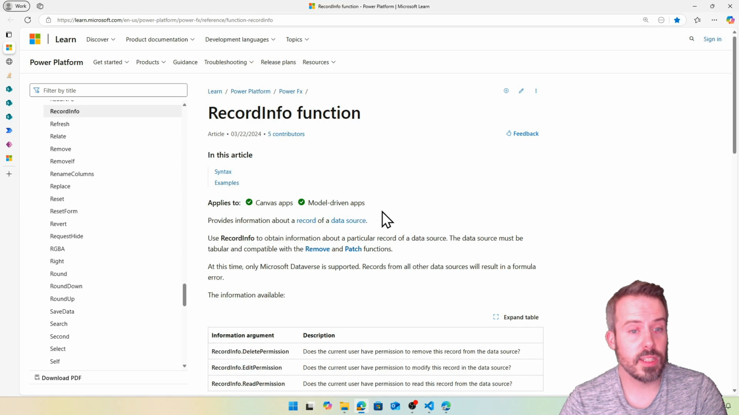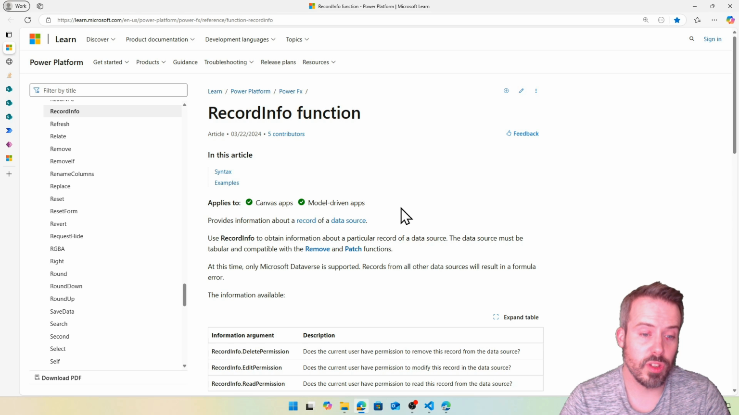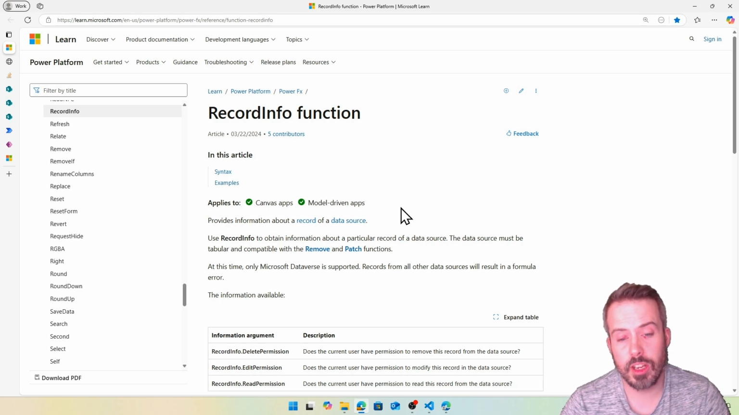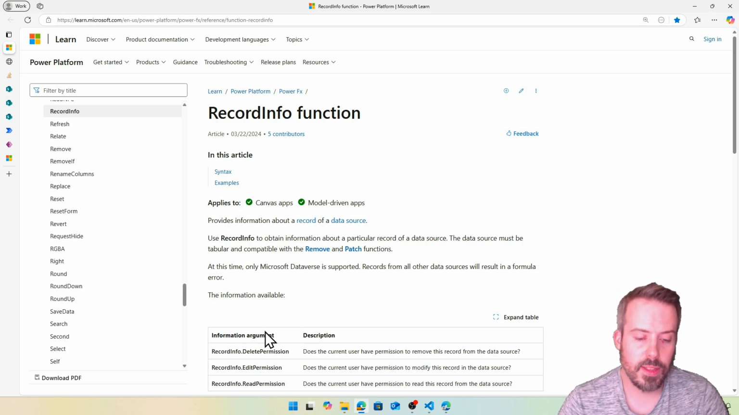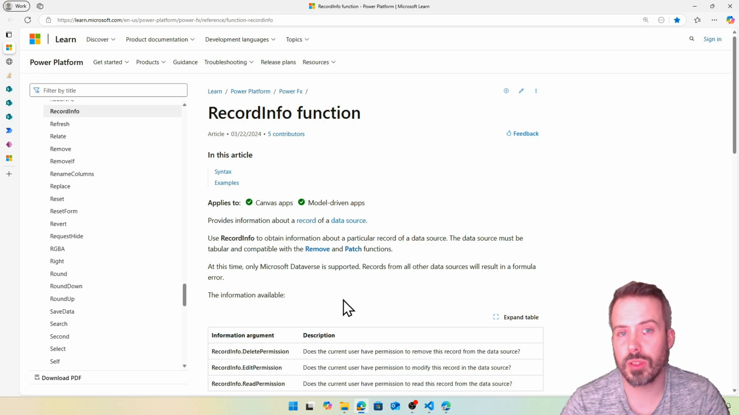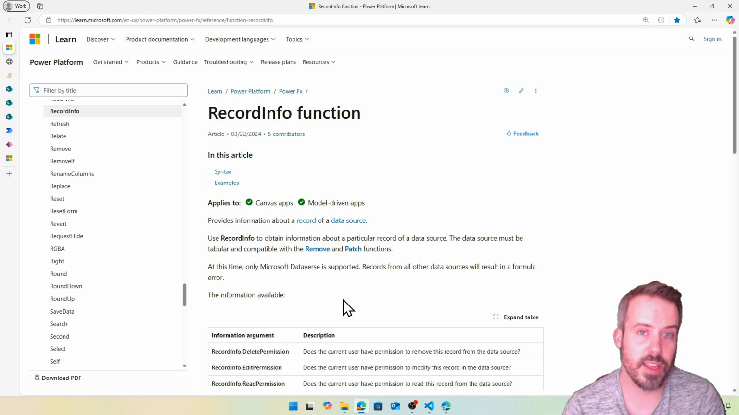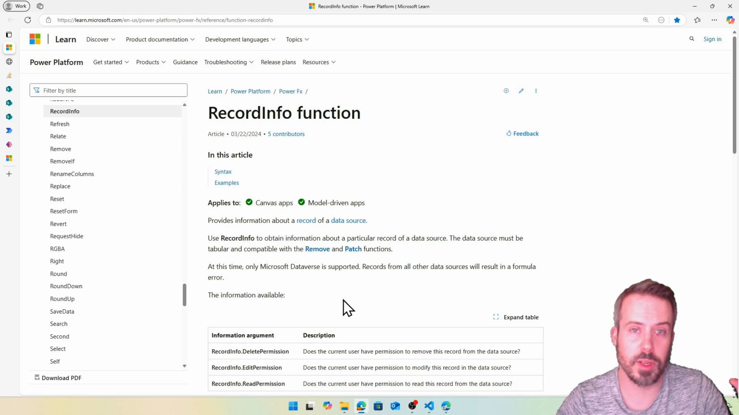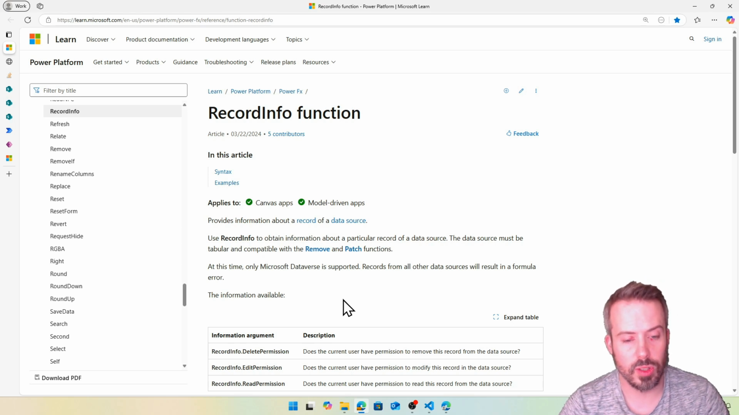So I've seen a few people recently talking about the RecordInfo PowerFx function, which is a really useful function that provides some information, as it says here, about a record of a data source. And that information is whether the current user has permission to either delete, edit or read that record in the data source. Which is great because you may want to change your user interface when you're building a Power App to make it obvious to the user that they're not able to, say, edit a record, rather than having them try and then an error comes up to say you don't have permission to edit this record at all, which